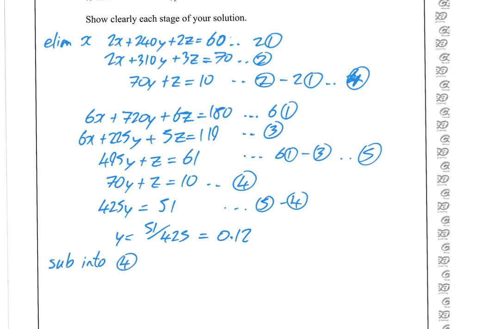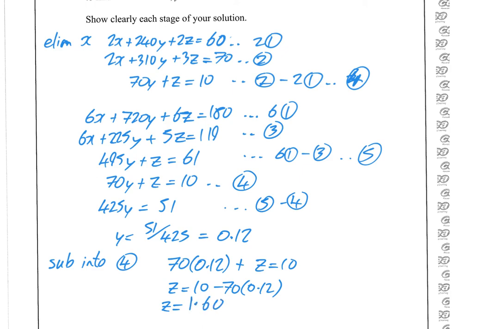So sub that into equation 4. Our equation 4 was 70 times the 0.12 plus the z is equal to 10. A wee bit of working out then: 10 minus the 70 times 0.12. You don't have to show all the steps here. You don't have to actually work that out. You just do that in your calculator and you will get